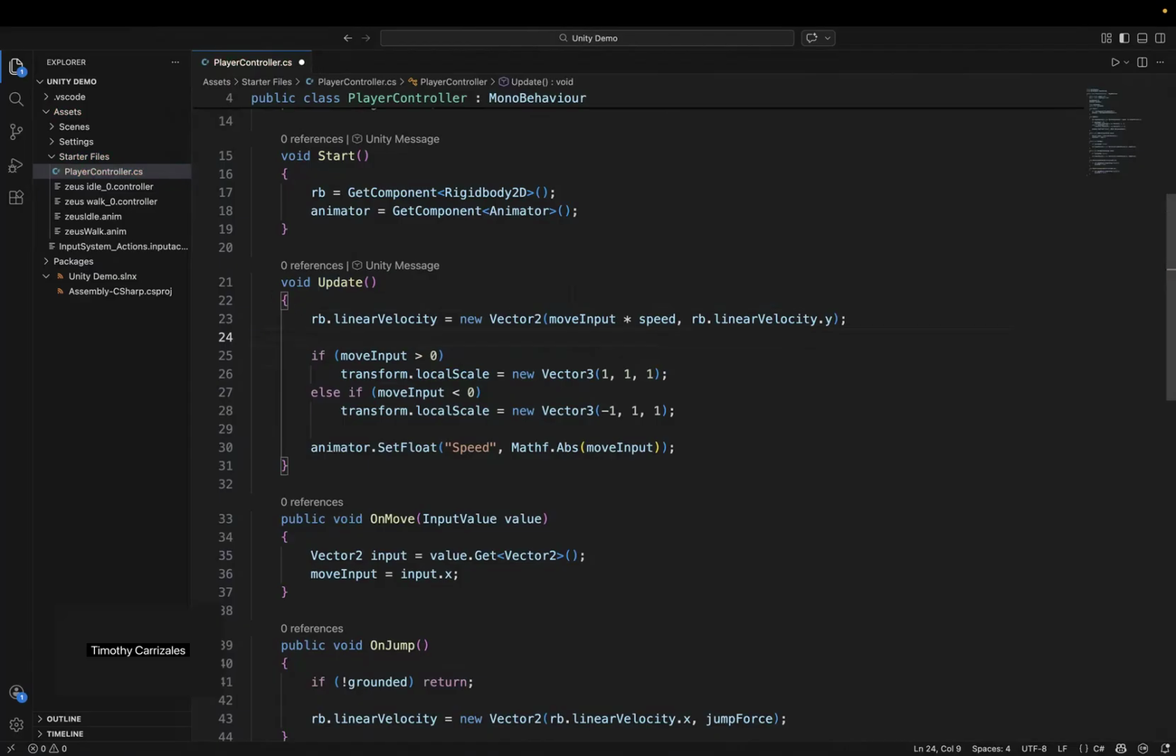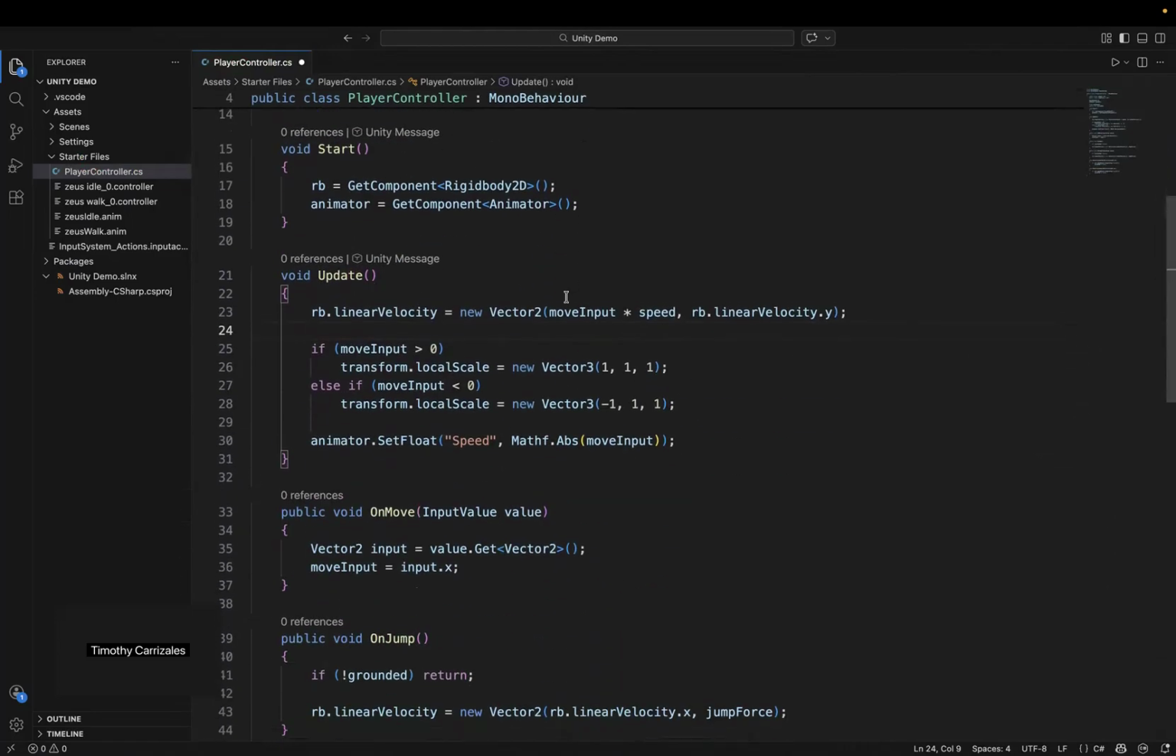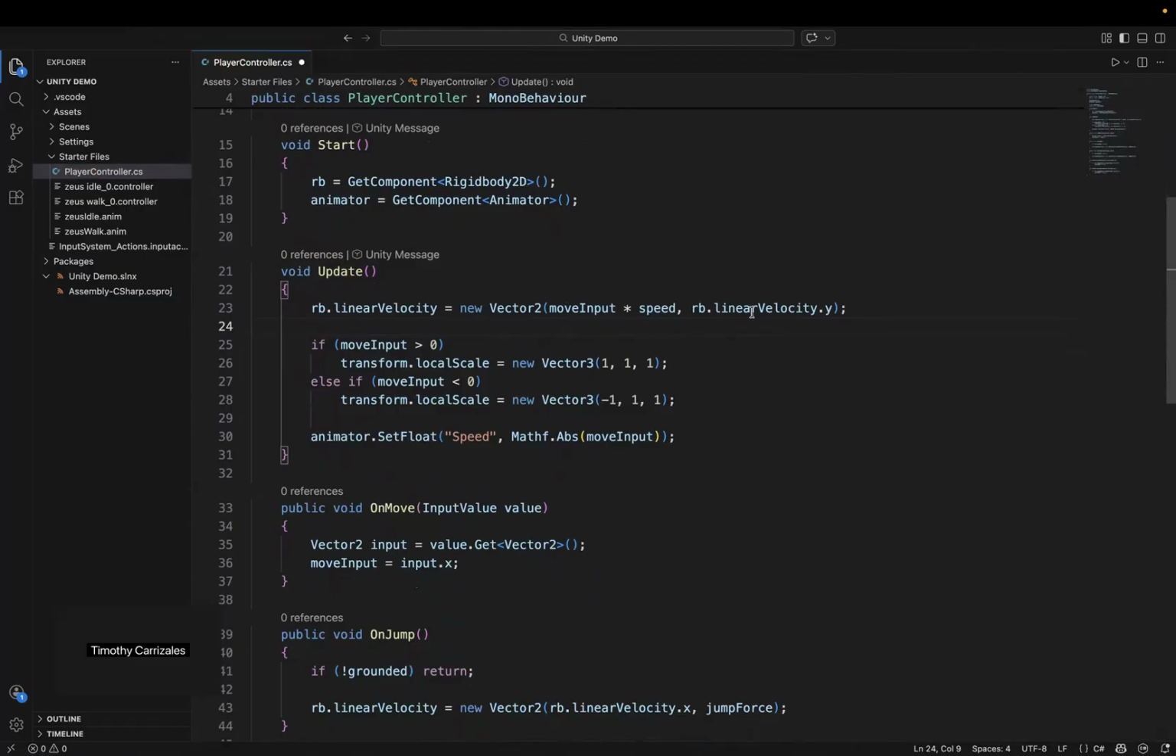Okay, sorry. We have a Vector2 movement here, and our Vector2 is taking in our move input from the player's controller, and we're multiplying it by the speed. That's why increasing or decreasing the speed would increase or decrease the amount that it moves. And then it's applying that movement to the horizontal movement